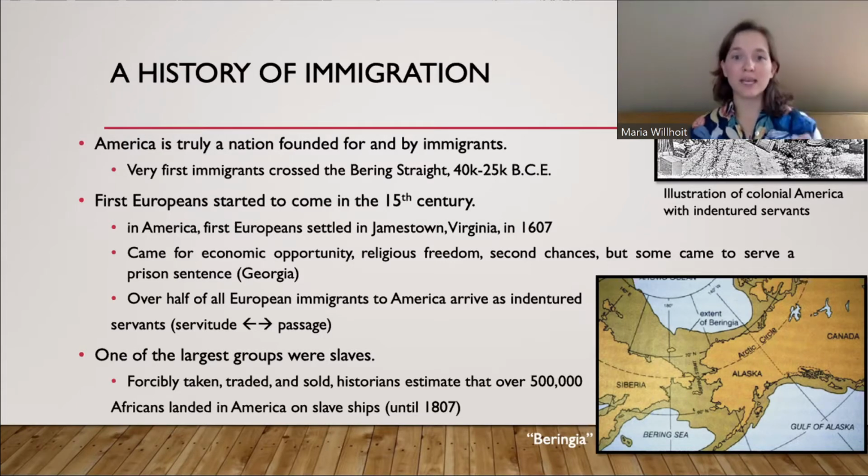And of course, as I said, slaves. Slaves were another large, massive group of immigrants. They're a very special category because typically, when we think of immigration, we think of someone choosing to come to another country, choosing to leave their old life, choosing to make their life better. Here, slaves never had the choice. They were forced into this migration. So that's important to note. And it's estimated that over 500,000 Africans were forcibly moved from Africa to America until 1807, when officially we ended the slave trade. But of course, there was also illegal trading going on too.